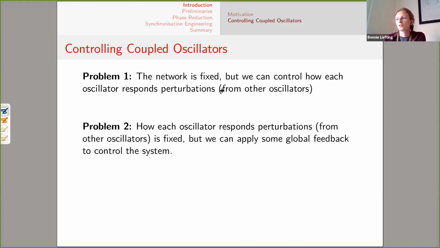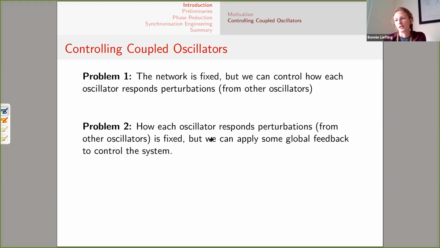So there are, for example, the power grids. There's a type of system of oscillators where you could say that the network is more or less fixed, at least in classical power grids. But now it seems that there are some new types, which is not the case. But so we can control how these oscillators respond to perturbations, but it's a bit more difficult to try and control the whole network. And then there's these oscillators